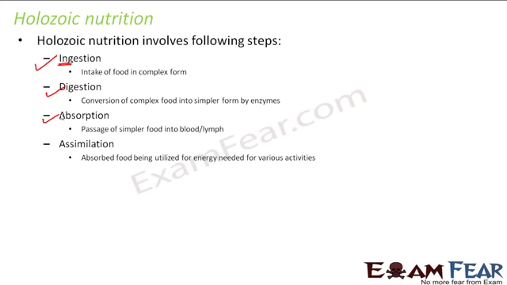Assimilation is absorbed food being utilized for energy needed for various activities. So now first the food is complex, so food has to be converted into simpler form, that is done by digestion. Now that simple food needs to be absorbed by the body, so that is done by absorption. Now the absorbed food needs to be utilized for energy, so that passage of that food into the blood or the lymph, so that it reaches each and every organ, so that it can be utilized further for energy, is